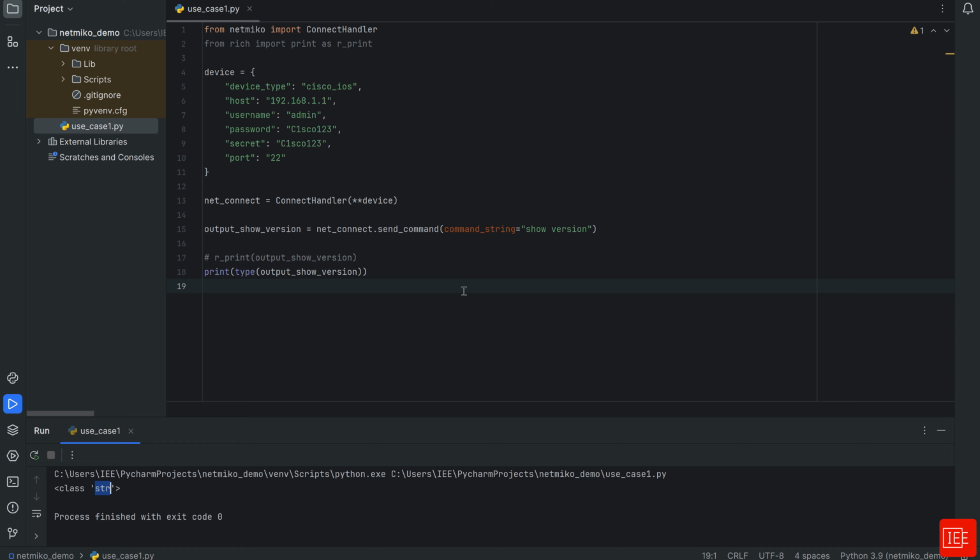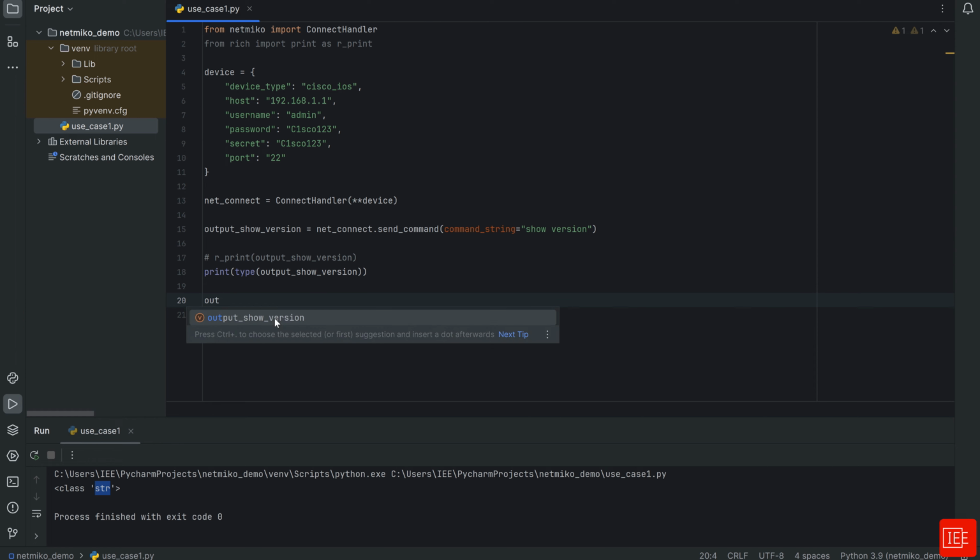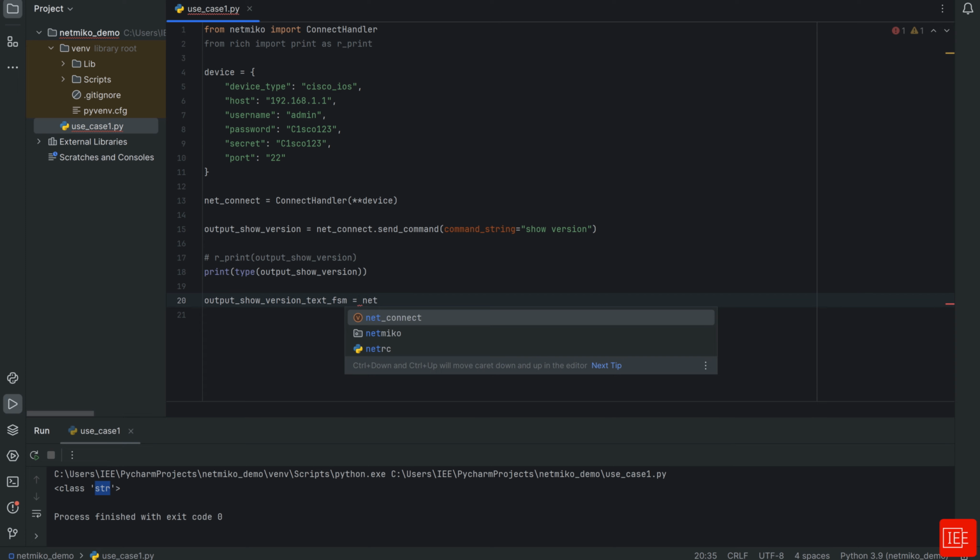So what we could use is something called use_textfsm, which I'm going to show you how to do. I'm going to specify another variable, output_show_version_text_fsm, and assign it to the net_connect object,